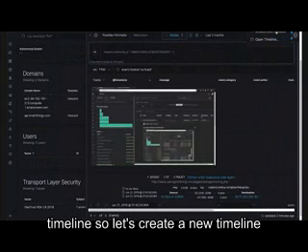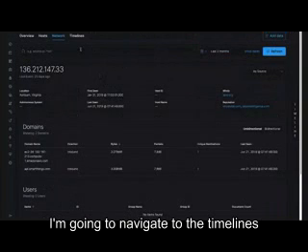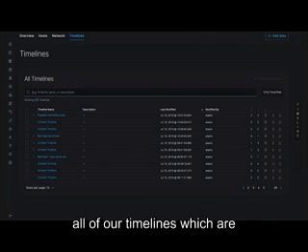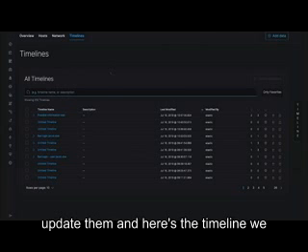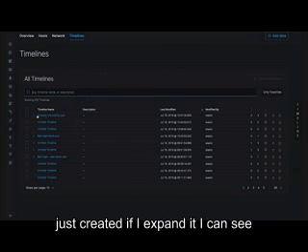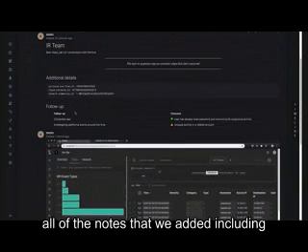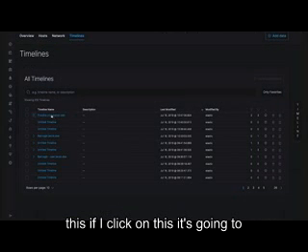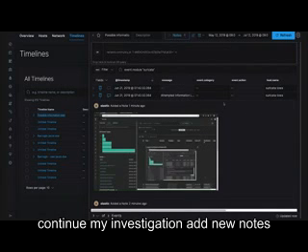So let's create a new timeline just to clear this for a moment. And now I'm going to navigate to the timelines page. So the timelines page collects all of our timelines, which are automatically saved as you create and update them. And here's the timeline we just created. If I expand it, I can see all of the notes that we added, including all of the rich formatting. I'll collapse this. If I click on this, it's going to reopen the timeline,